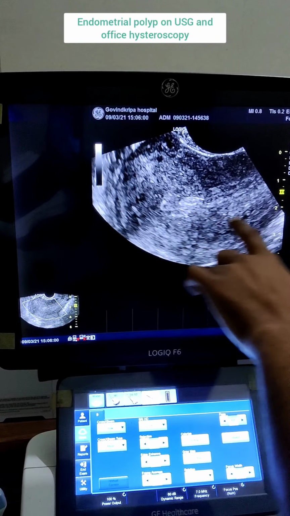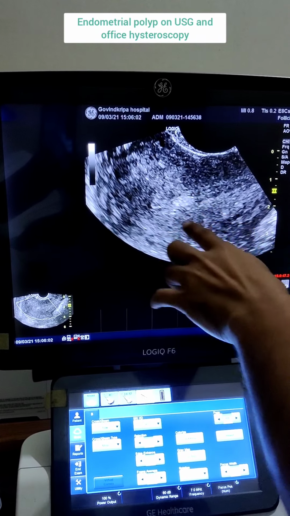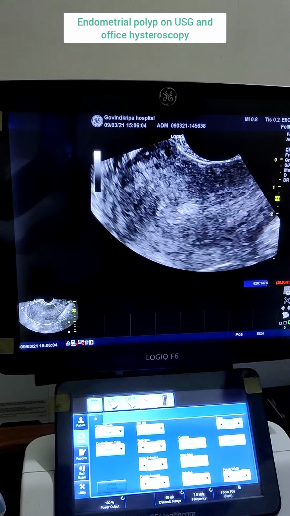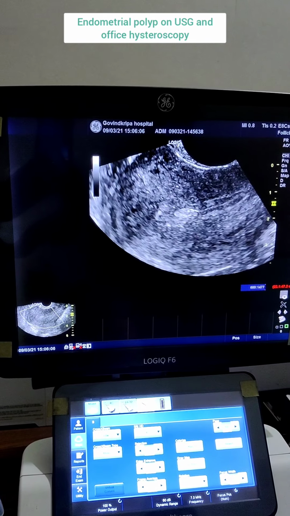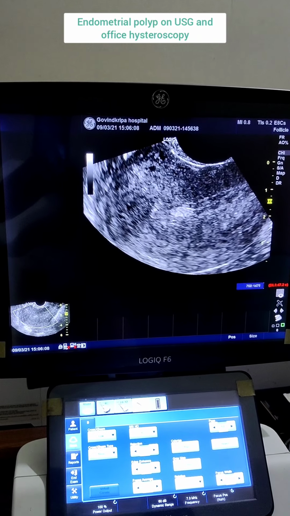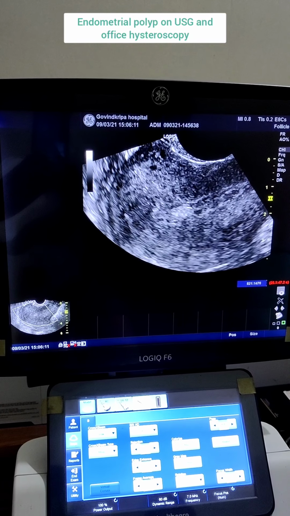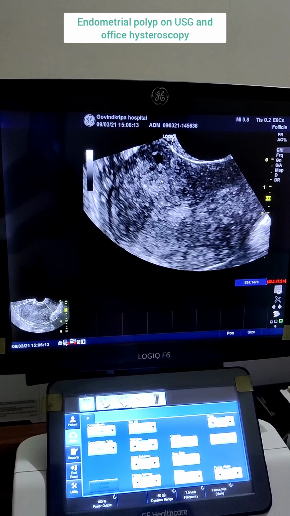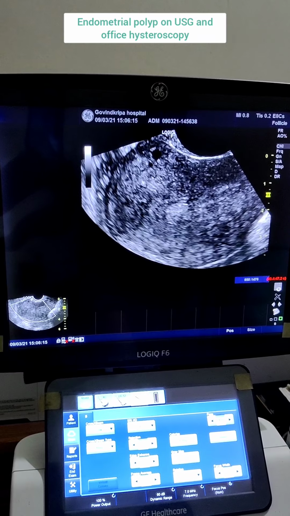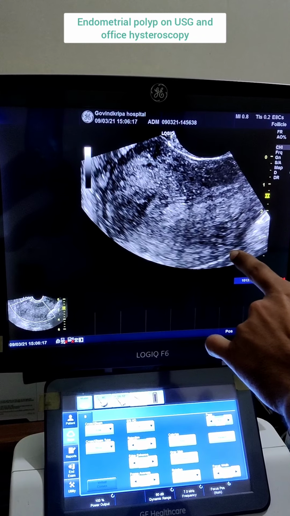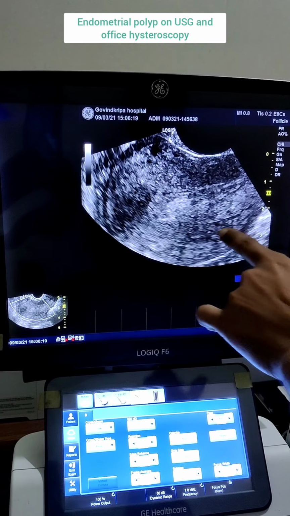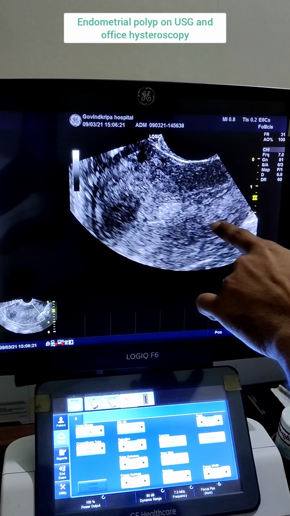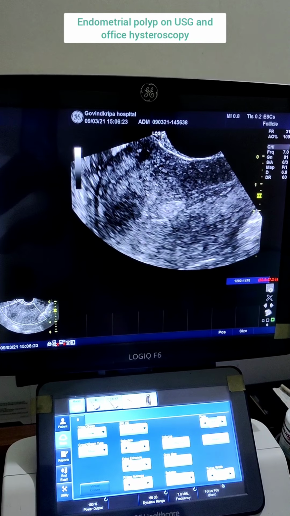At this moment, this whole hyperechoic lesion moves from one side to the other. You see that? Yes, very clearly Brownian movement is seen.